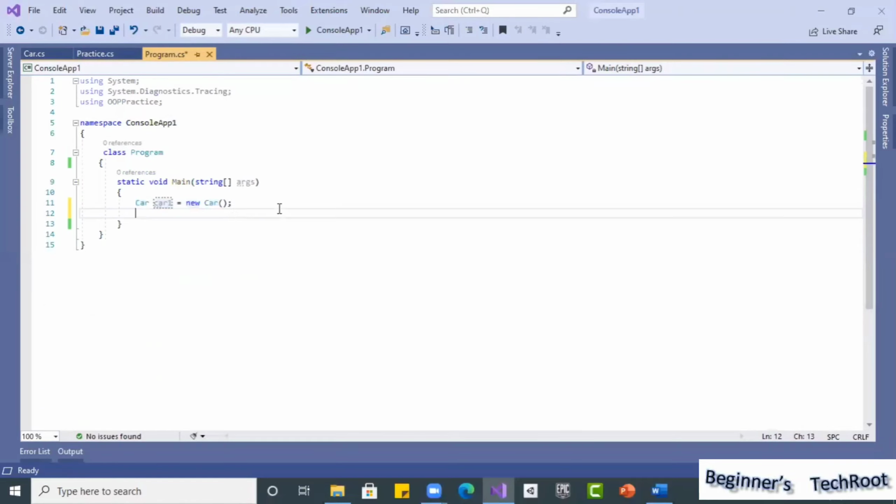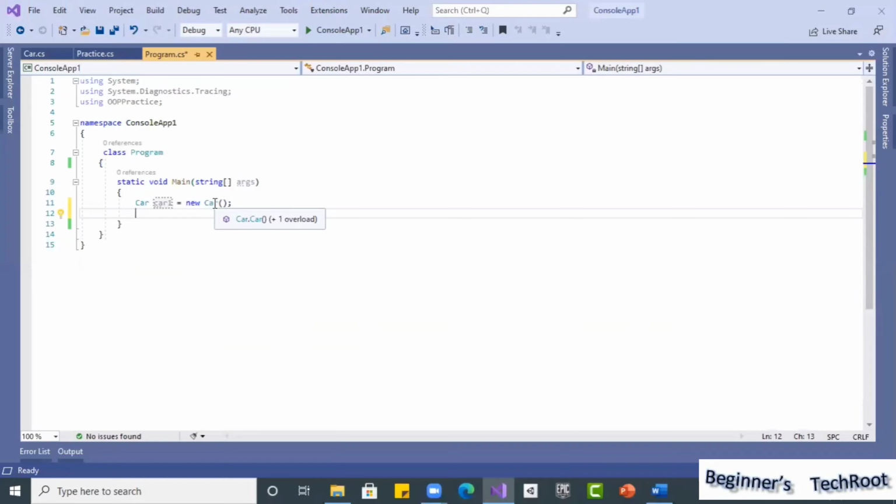So that is the reason when you come here, see, +1 overload means for the car we have two constructors. One is a default constructor, which is nothing but no parameters. Usually when you instantiate or create an object, we write it like this, right?